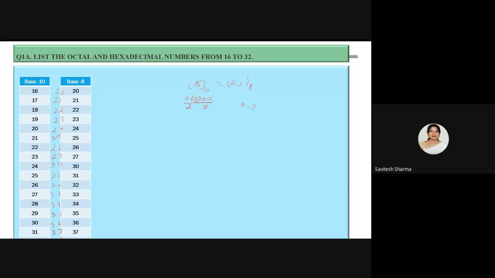Similarly, you will do it in hexadecimal, but the point is that in hexadecimal you have to use 0 to F. So again, I will show you how to write the series in hexadecimal. So you know the symbols are 0 to 9 and then A, B, C, D, E, F. So for 16, you write the decimal equivalent in hexadecimal. So this is my 16. So the first number I will convert into hexadecimal.